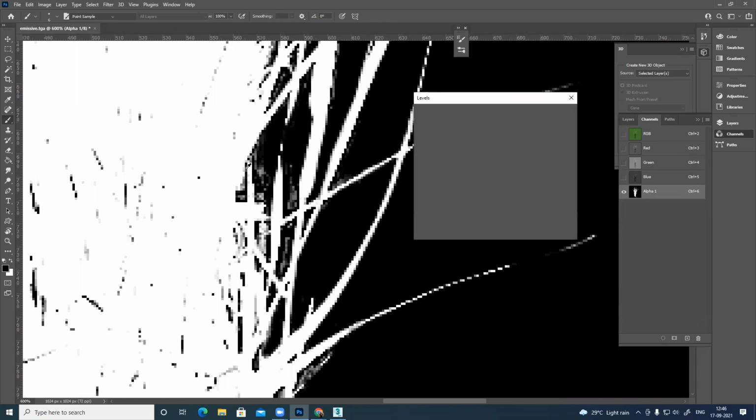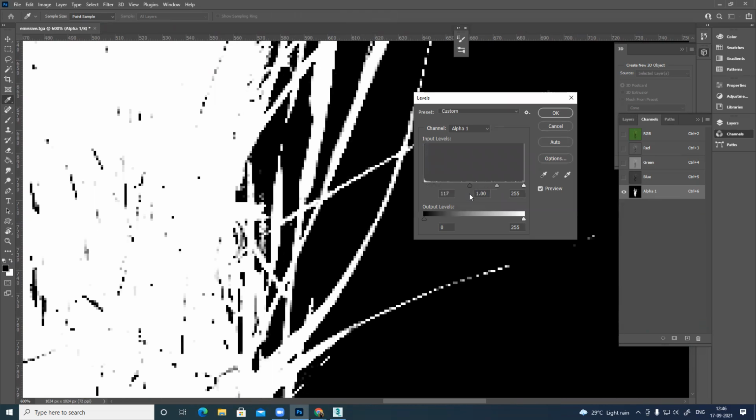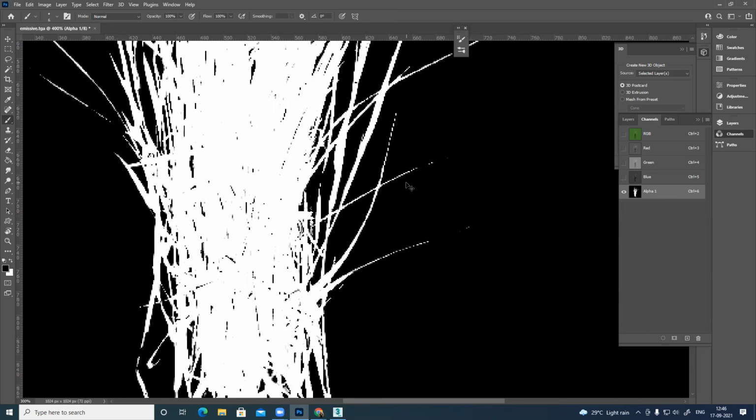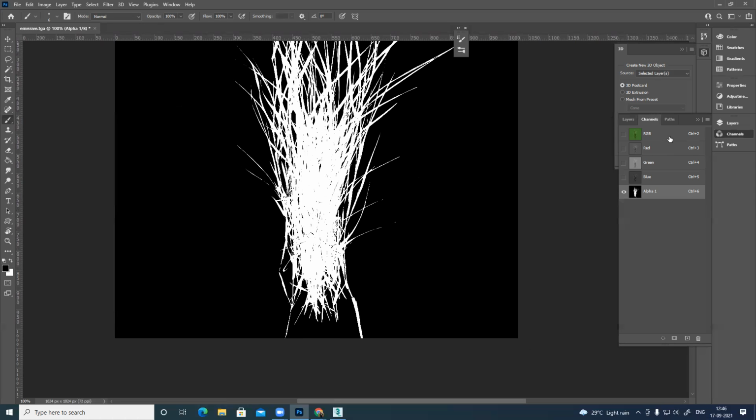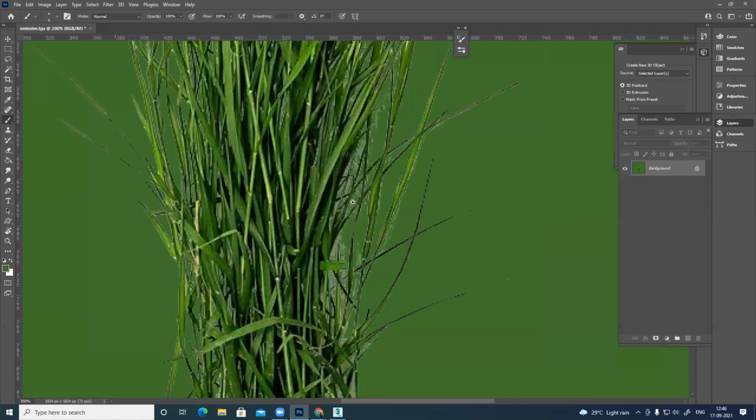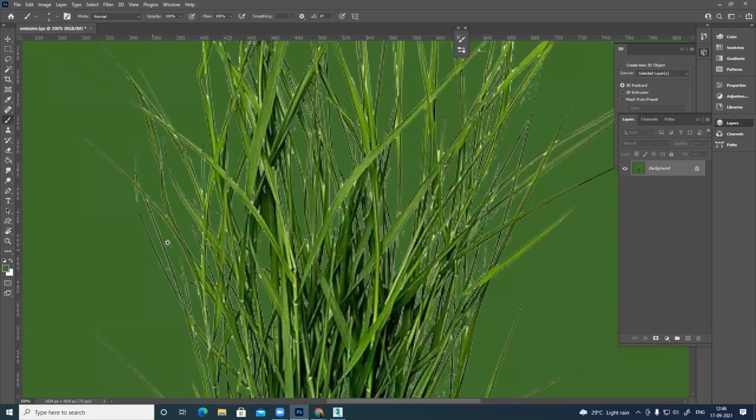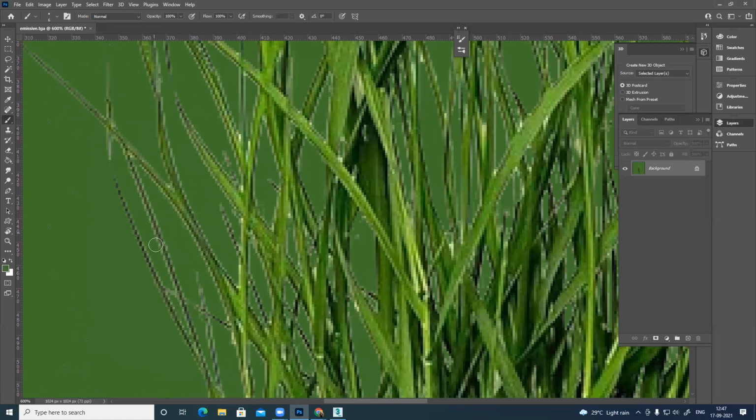For levels, reduce. So whatever is visible, you can see it here. Now I can still see that whitish grayish border. That also has to be fixed.